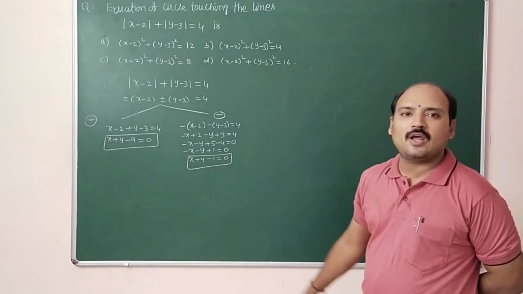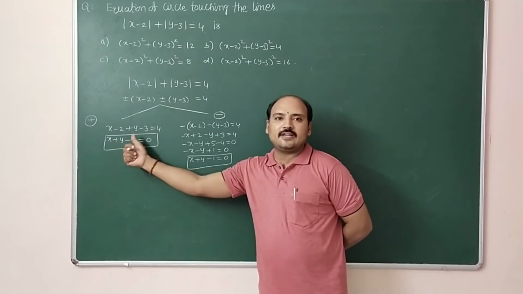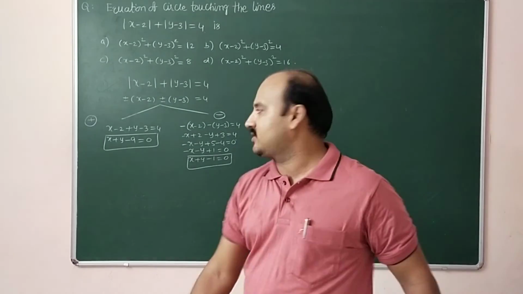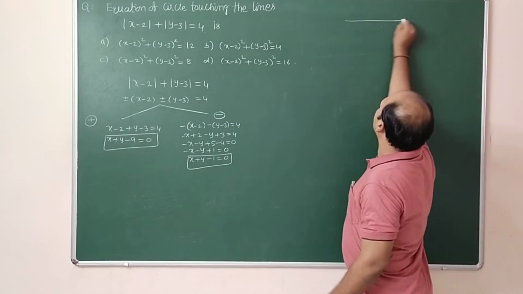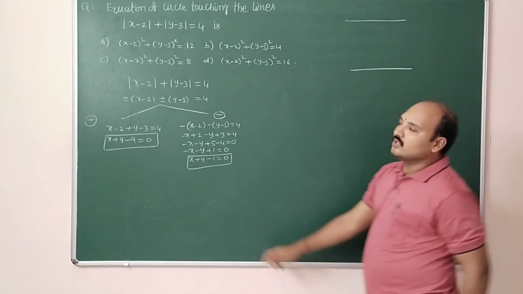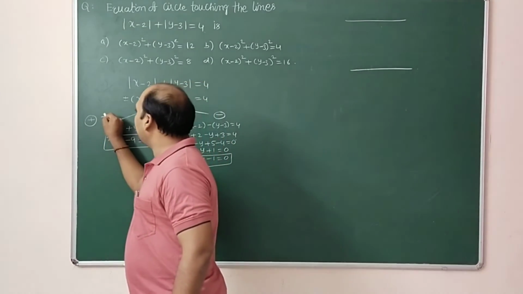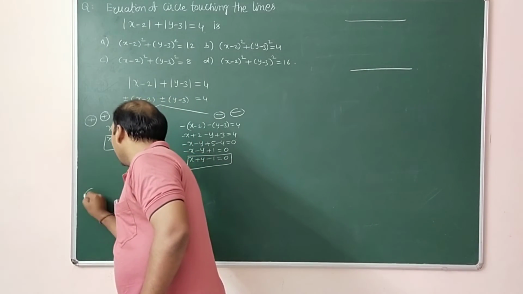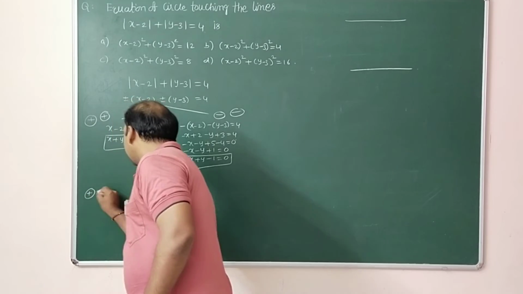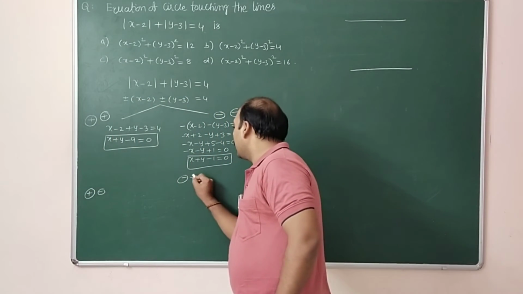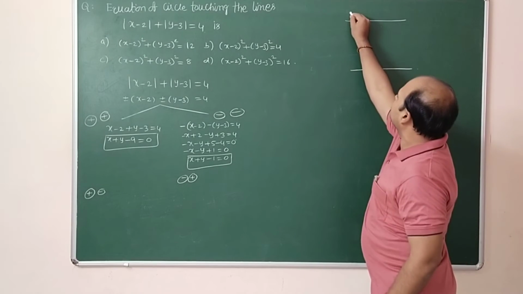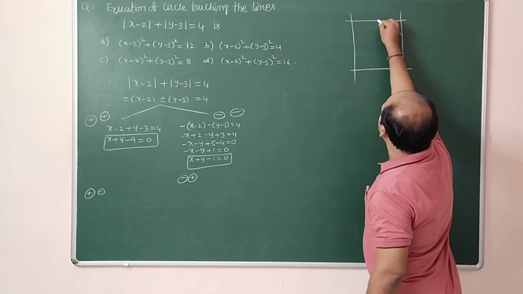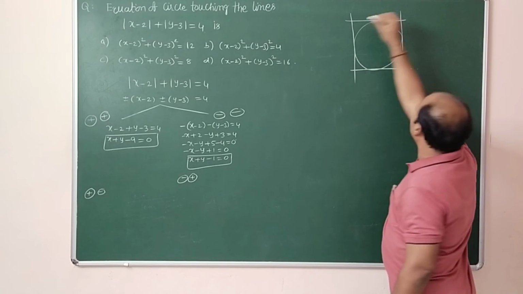By observing, these lines are parallel lines. Why? Because the coefficients of x and y are the same and they differ only in the constants. Such lines are said to be parallel lines. So the figure will become like this. If we consider both plus here, both minus here, and if we consider one plus one minus, or one minus one plus, you get 2 more equations like this. So the circle touches all the lines in that way.